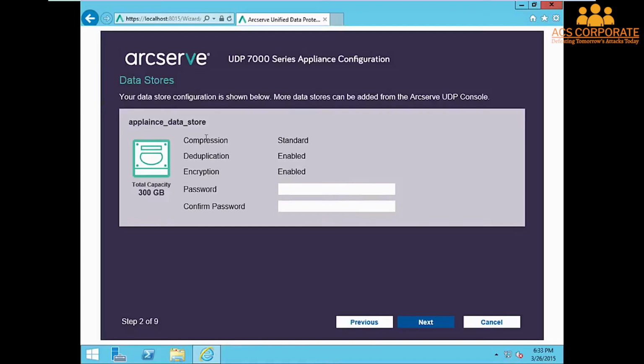Now we are presented with the data store information, where we'll be backing up to on the appliance. Compression will be enabled, deduplication is enabled, and encryption is enabled. We will need to provide an encryption password and confirm that encryption password. We'll click Next